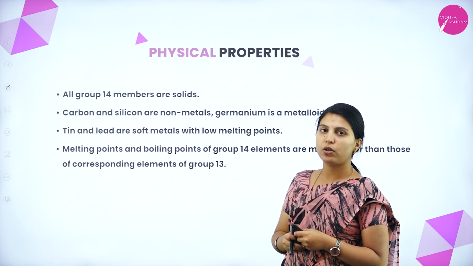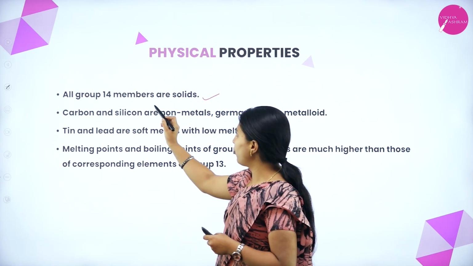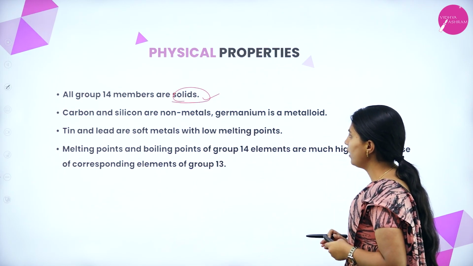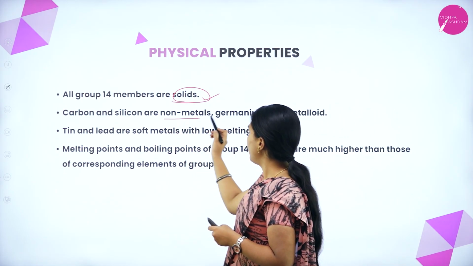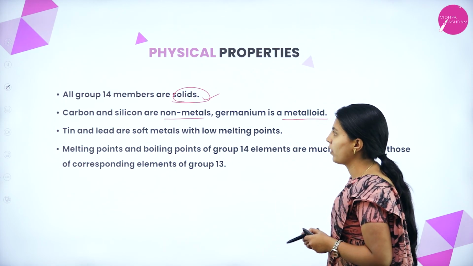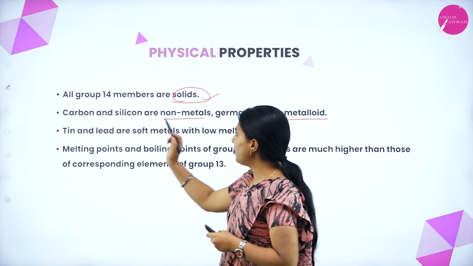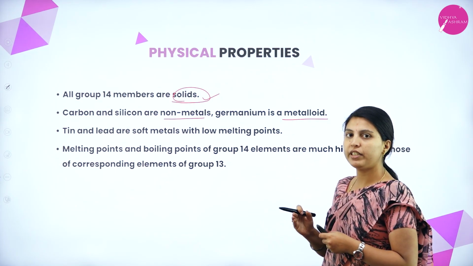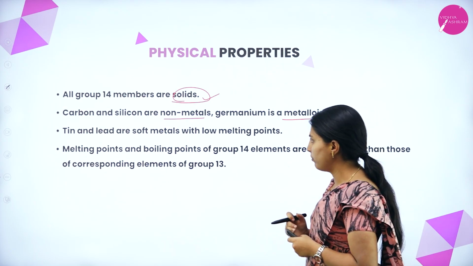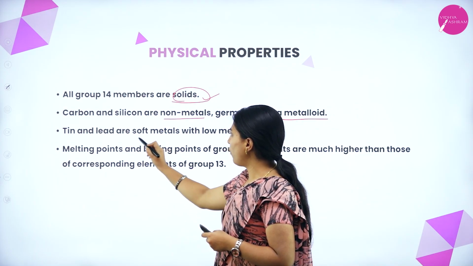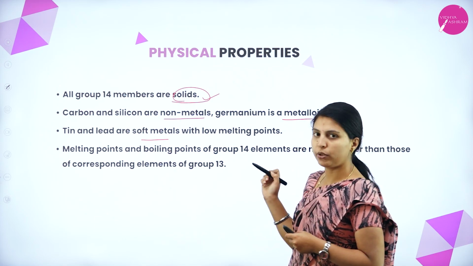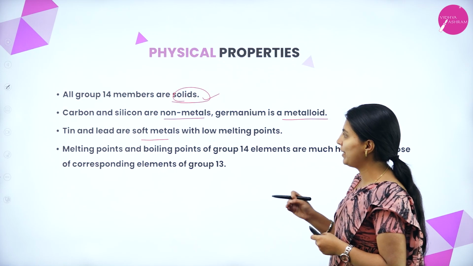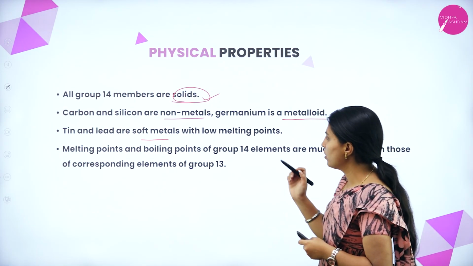First, physical properties of the carbon family. All group 14 members are solids. Carbon and silicon are non-metals. Germanium is a metalloid, which has the characteristics of both metals and non-metals. Tin and lead are soft metals with low melting points. Usually metals are hard and have a solid structure, but tin and lead, with some exceptions, are soft metals with